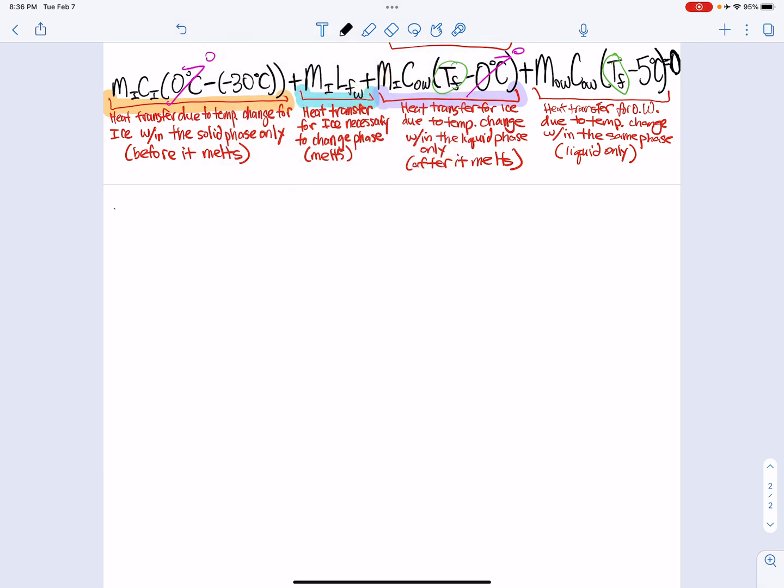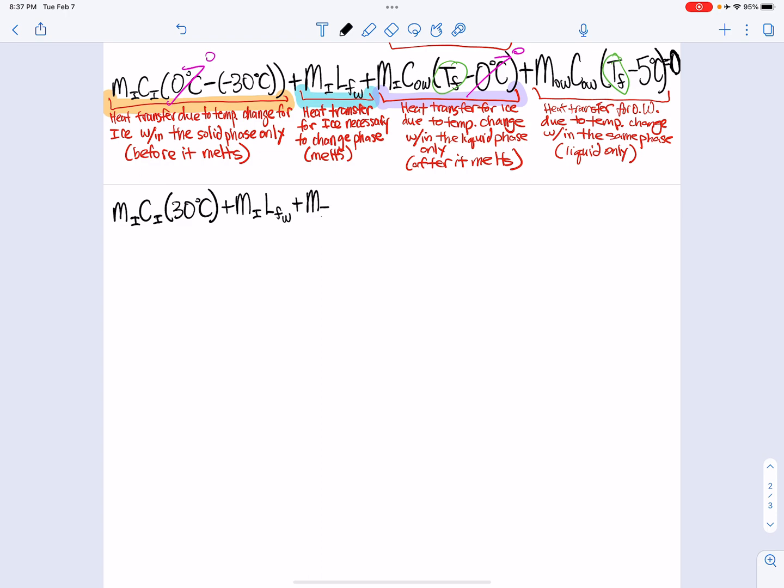So I've got the mass of ice times the specific heat of ice. We've got a minus negative 30, so that becomes positive, times positive 30 degrees Celsius. And that is plus the mass of ice caps, sorry, I've been saying ice, I meant to say ice caps, times the latent heat of fusion for water,